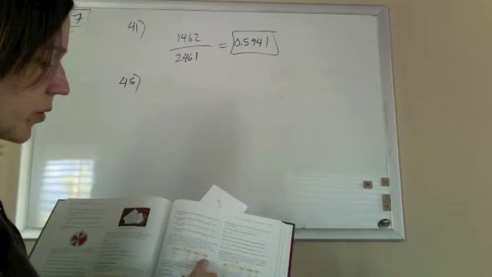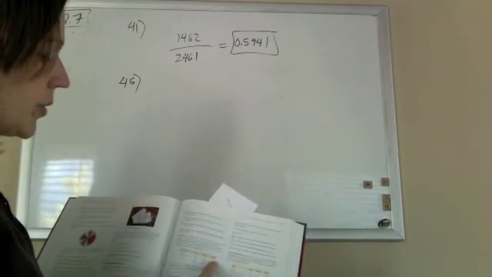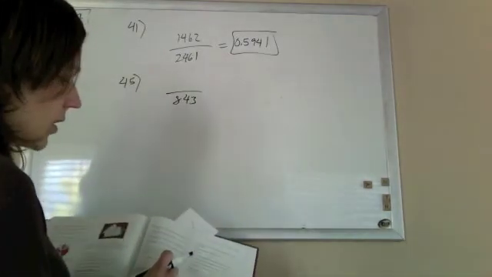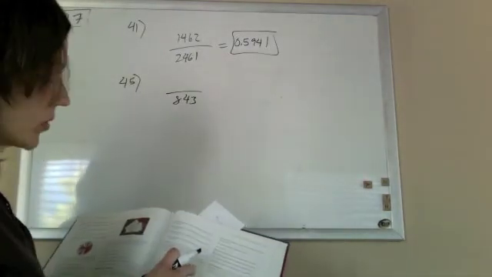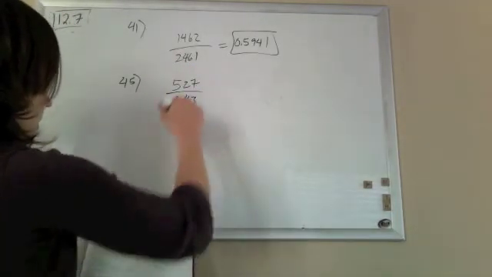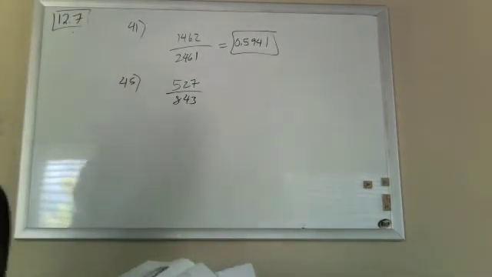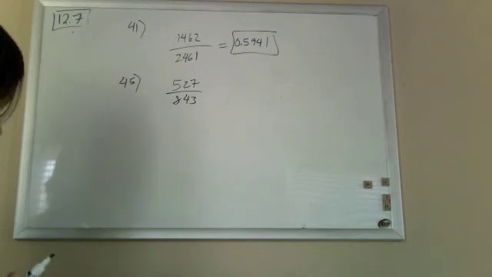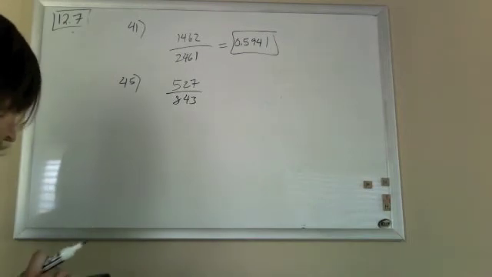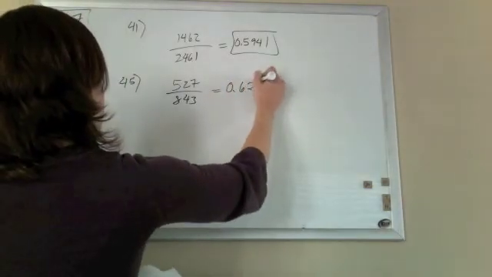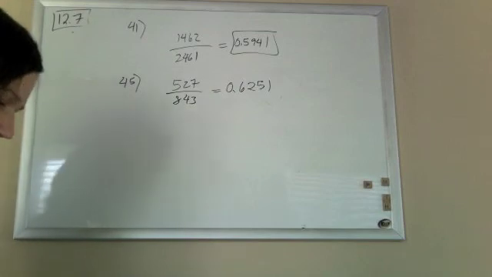There are only 843 vehicles total that used easy pass. So 843 that used the easy pass, and of those, 527 were cars. So that's that. Let's punch that in. 527 divided by 843, and we get 0.6251. And that's that. So now